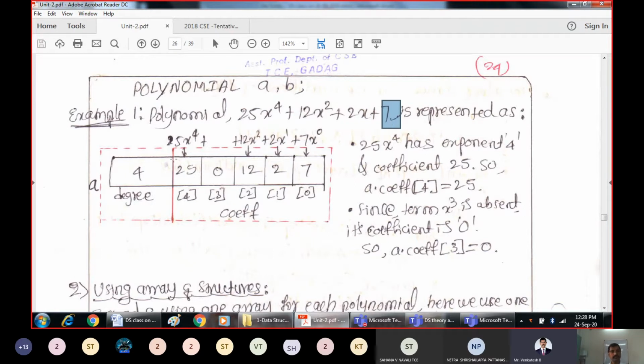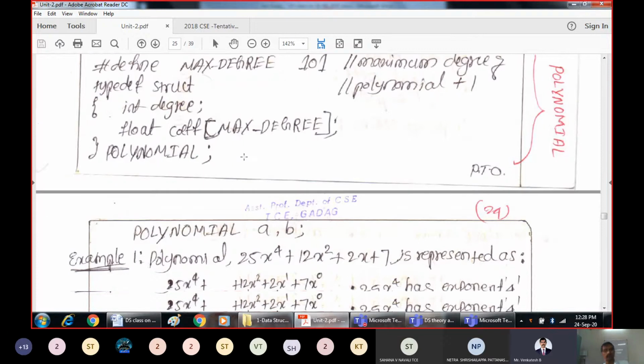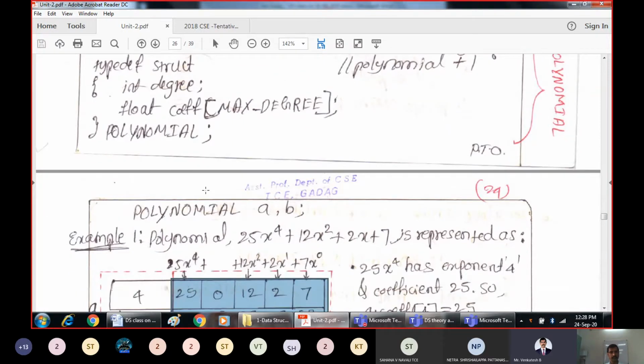So here we are going to store only the coefficients, because this array is only for storing the coefficient values.